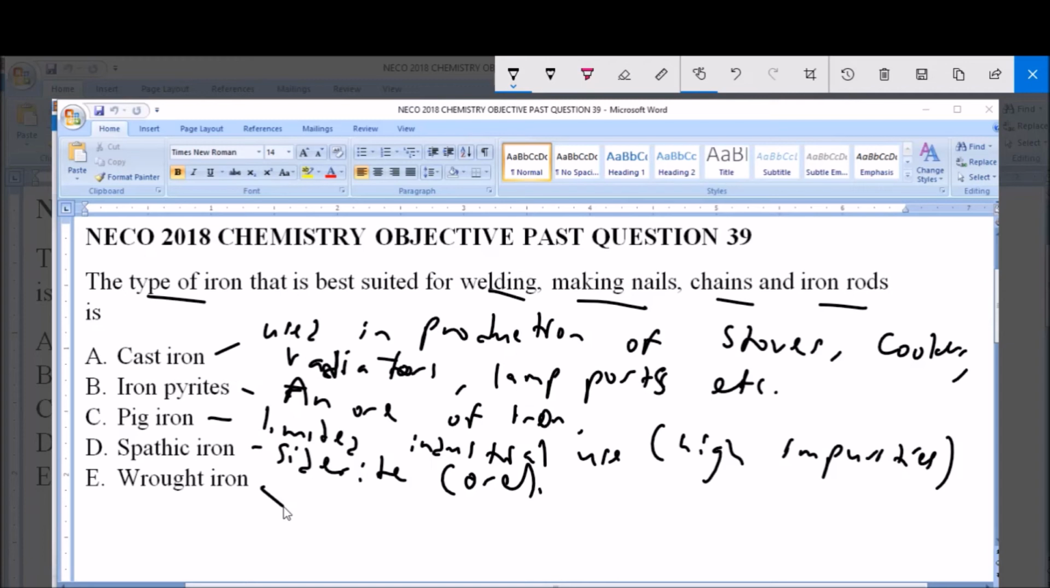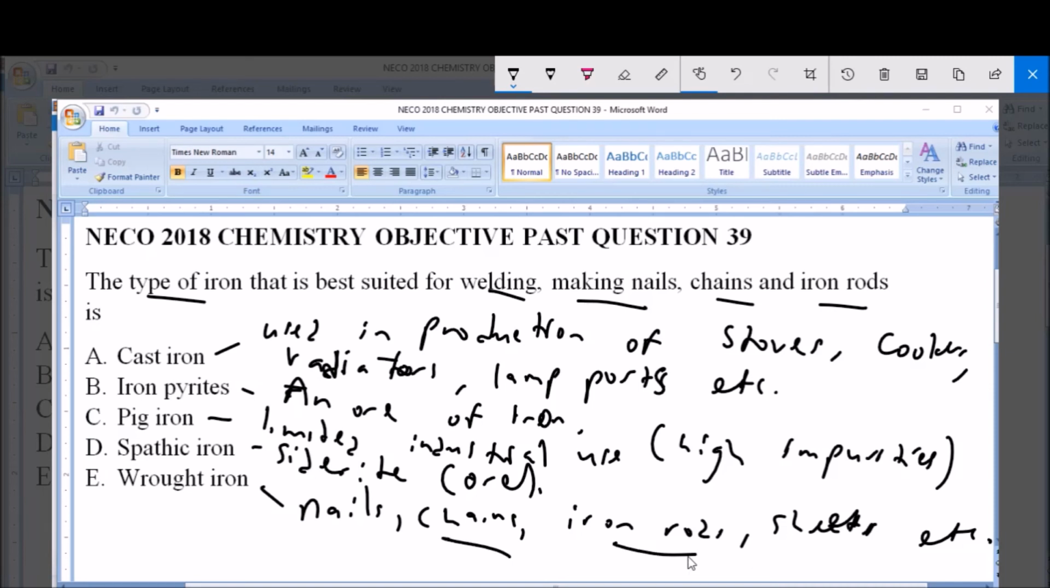Wrought iron is used in the production of nails, chains, iron rods, sheets, etc. So as you can see, it is used for the production of various materials that can be used industrially. Now, it is used in making nails, chains and iron rods, is what the question gives to us. And as we established here, it's wrought iron which is used in the production of those materials. So option E, wrought iron, is the correct answer to this